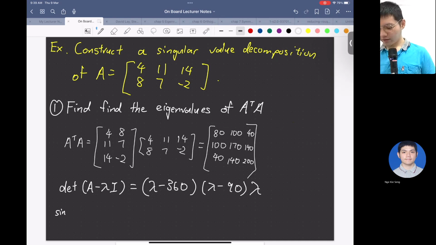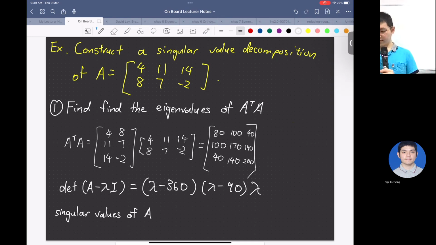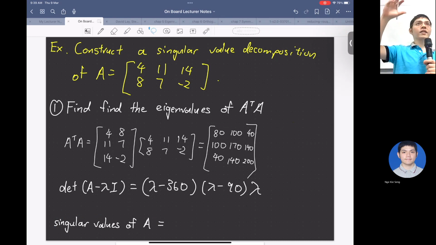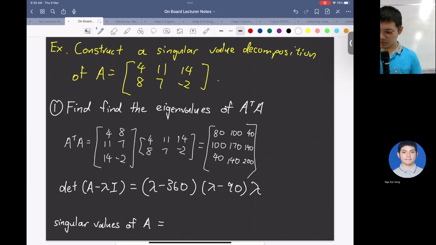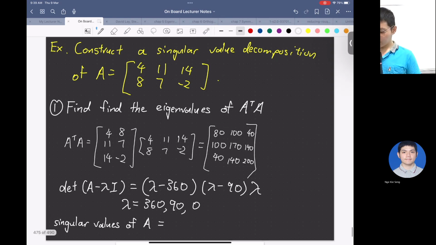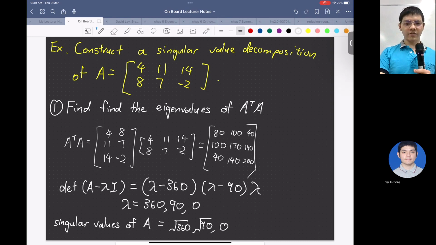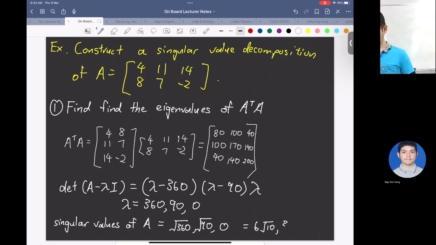So how do we get the singular values? Remember what the singular values are? We compute the length of A v_i squared, which equals lambda_i. To get the length, we need to take the square root, so we take the square root of lambda_i. Lambda equals 360, 90, 0. So the singular values are square root 360, square root 90, and square root 0, which is 0. Make sense? Which equals 6 times square root 10, 3 times square root 10,